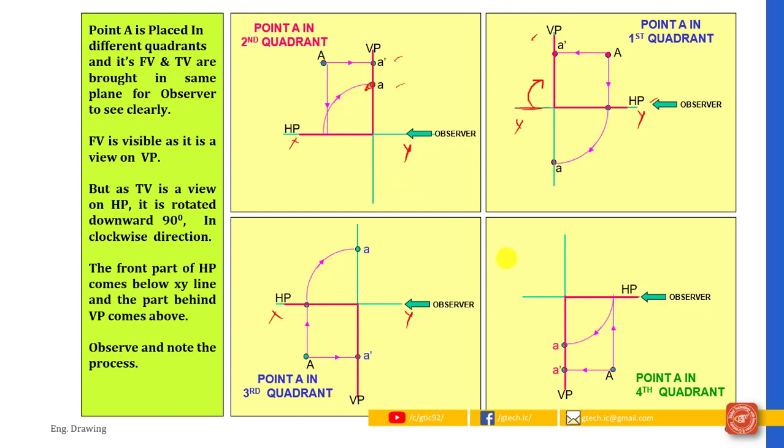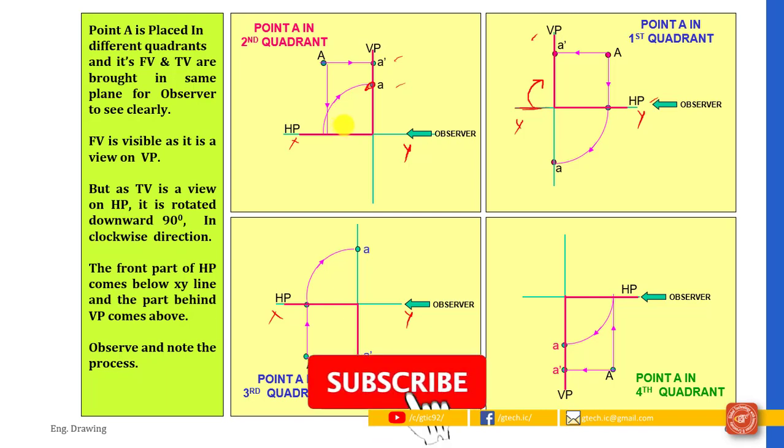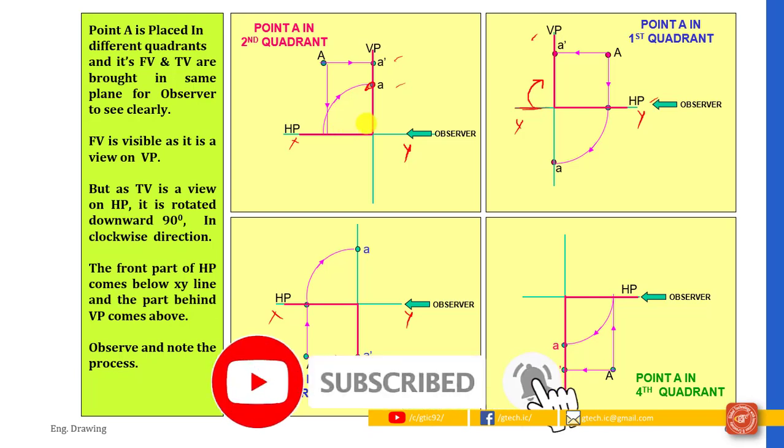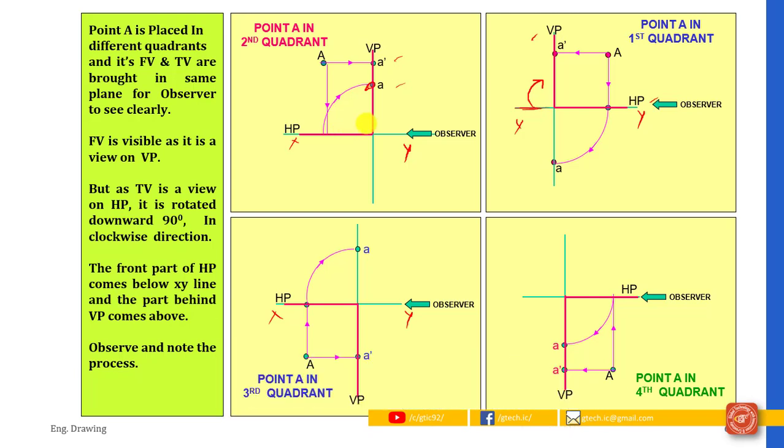That's why when we draw orthographic projection views, the views are merged together and we cannot understand them. That's why we cannot draw the projection of objects or multi-view drawing either in the second quadrant or the fourth quadrant. We can only draw a projection of different objects in the first quadrant or in the third quadrant.